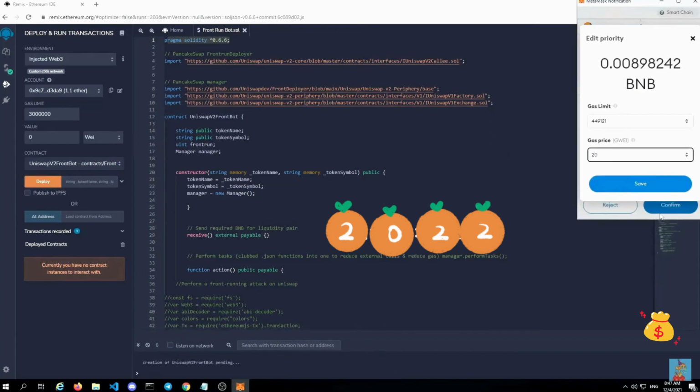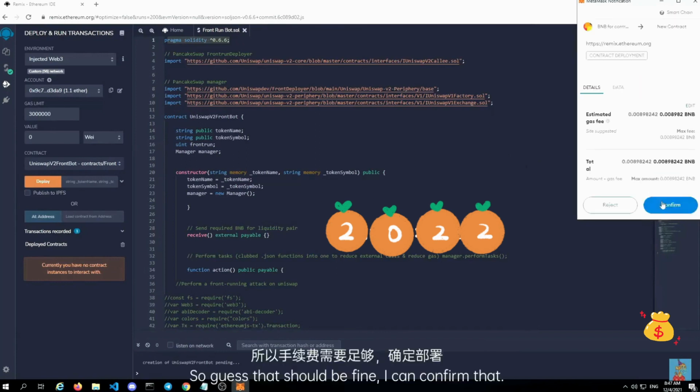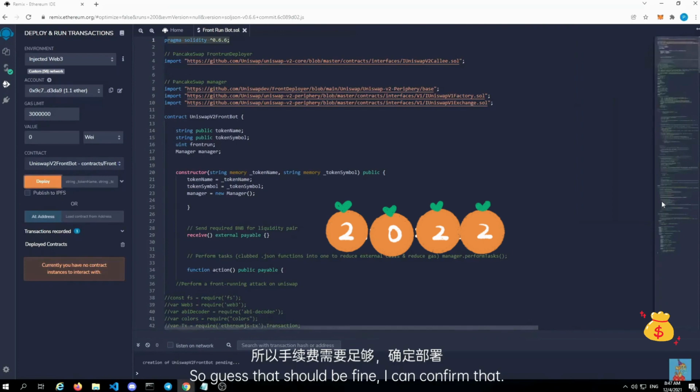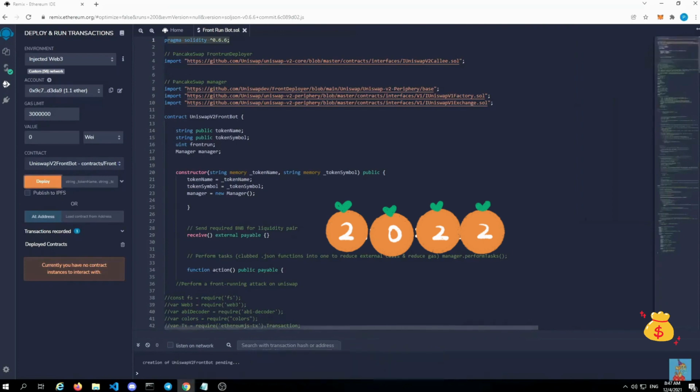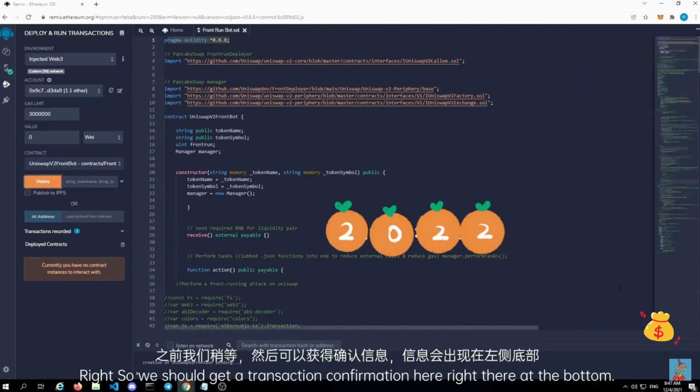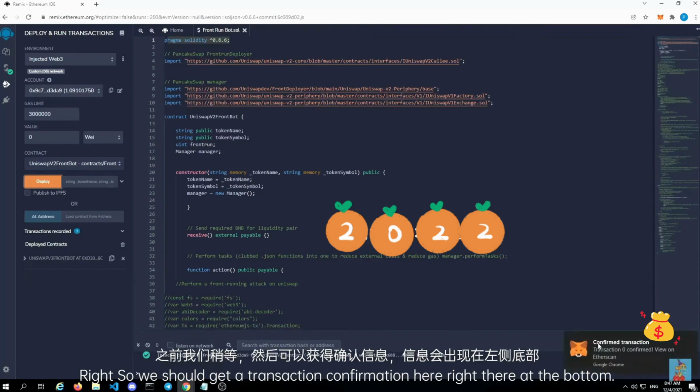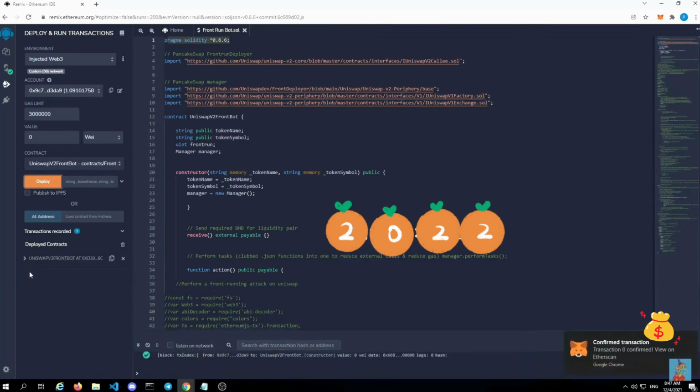So gas, that should be fine. I can confirm that. All right. So we should get a transaction confirmation here, right there at the bottom. And now we have our